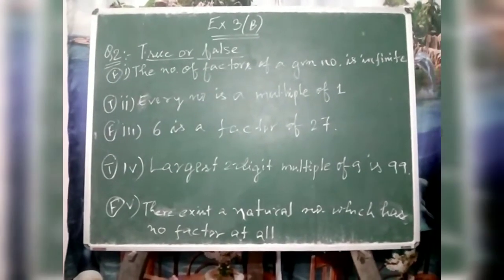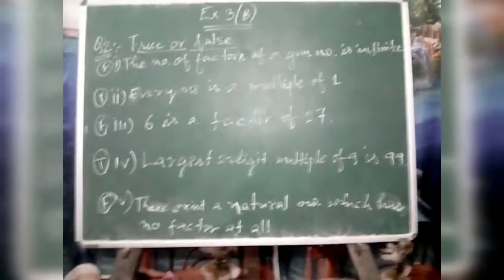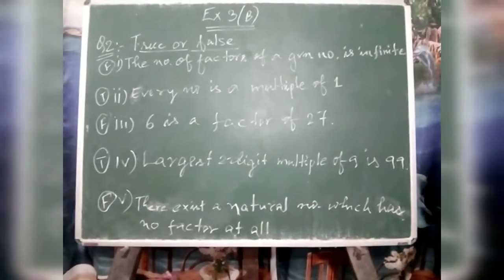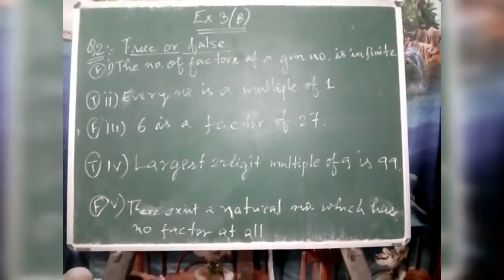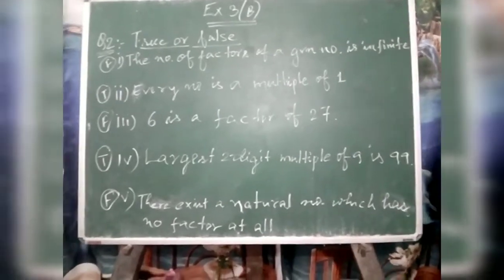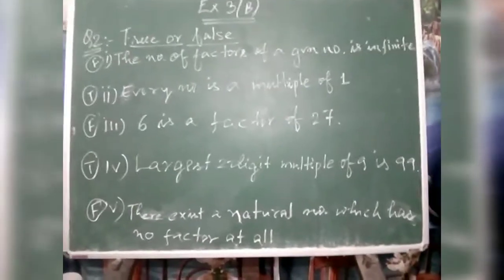Exercise 3B, question number 2, true or false. The first one: the number of factors of a given number is infinite. Is it true or false? It's false, because the number of factors